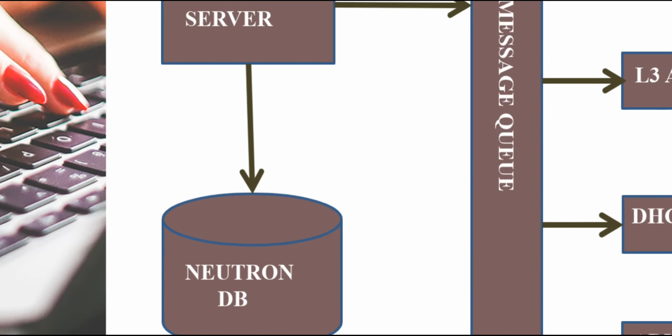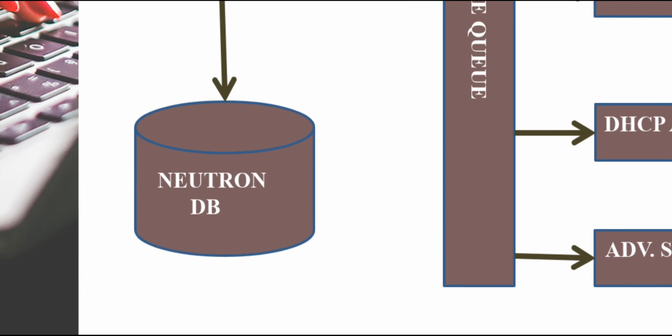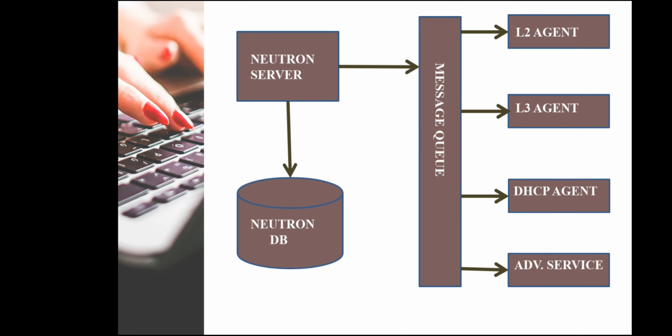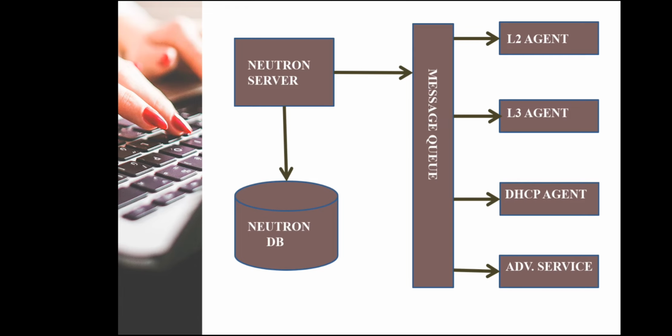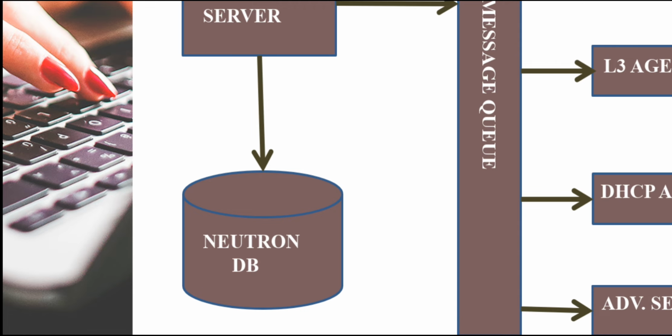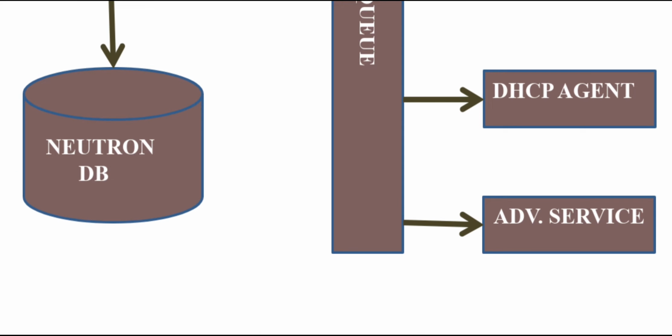Now what does the Neutron database consist of? As our OpenStack is made up of many networks, we need to save what is situated where: the data, the IP addresses, etc. There are many things when it comes to networks. All the data of particular networks will be saved in the Neutron database. And there can be n number of networks available together in a system, so those combined details will also be present in the Neutron database.